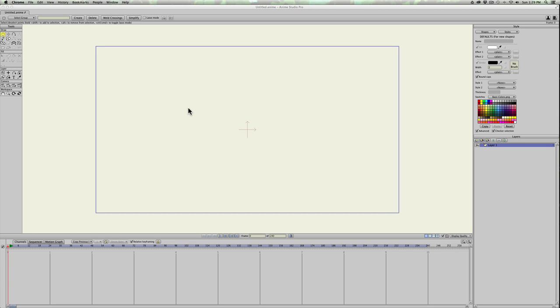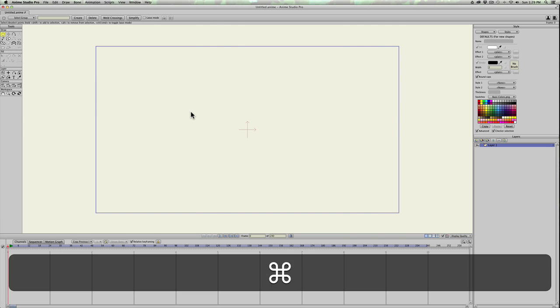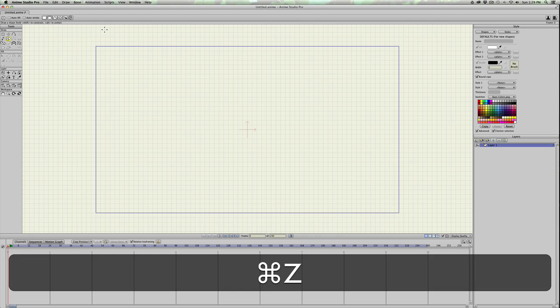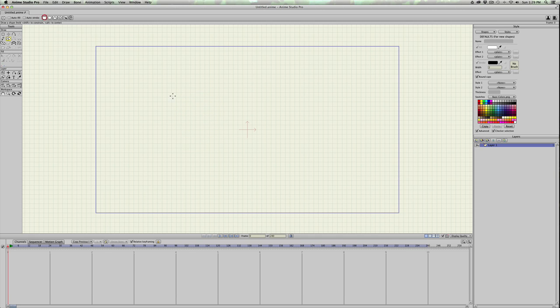So first thing we're going to do is we're just going to create a vector rectangle. So I'm going to turn on the grid layer by hitting Command G, like that, and create shape. And right now I'll go ahead and leave the fill and stroke off just so I can see the points. And let's select a rectangle,